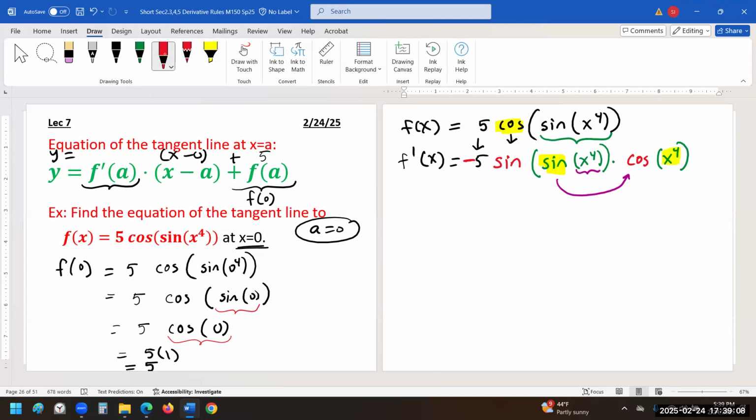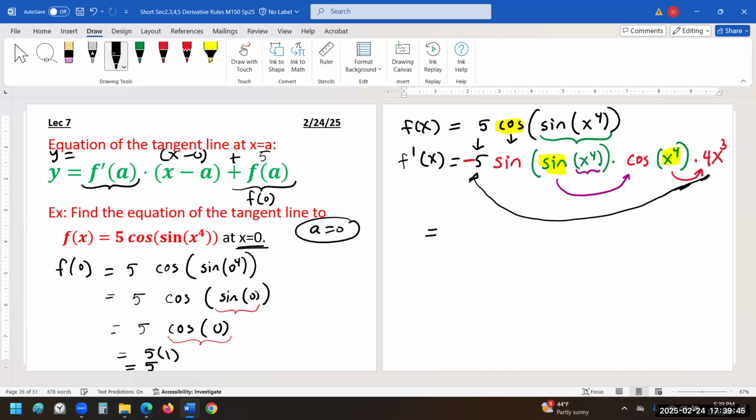So we are going to multiply by the derivative of x to the 4. What's the derivative of x to the 4? 4x cubed. And now we have the derivative of this weird composite function. Now all you have to do is simplify. So if you observe, we have negative 5, and then we have 4x cubed. Put them together, so you get negative 20x cubed. So multiplying this and this term